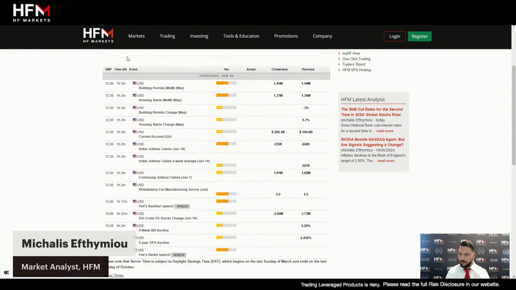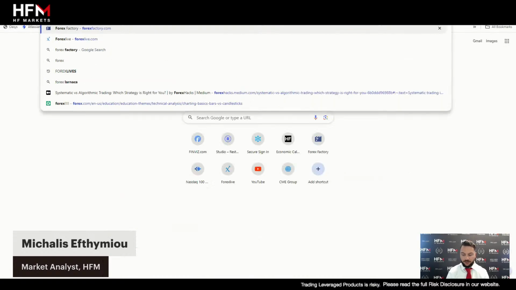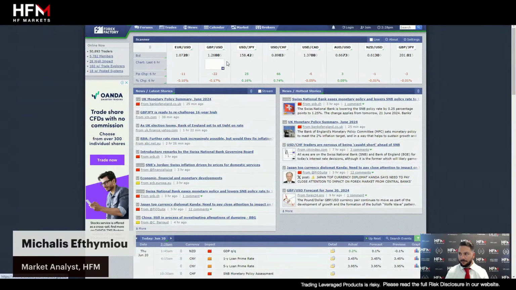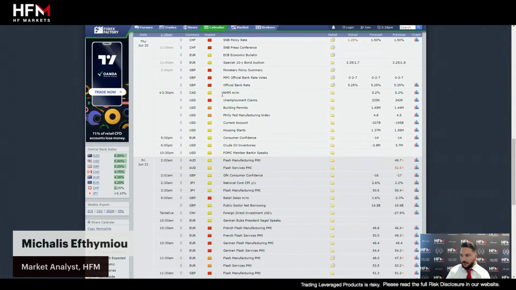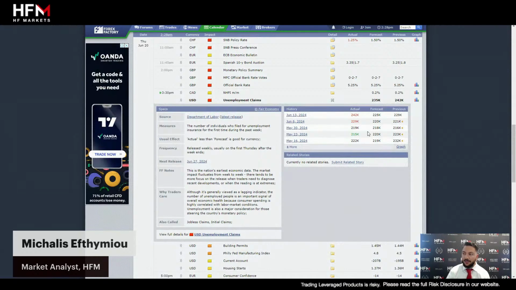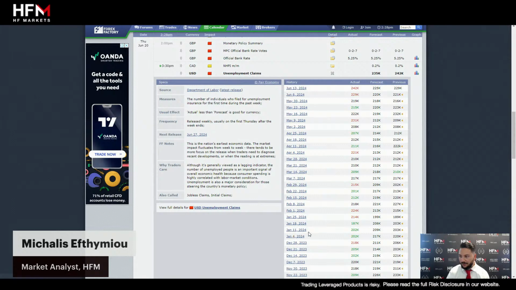Like I said, actually, we can't see it on our calendar, but if I go to Forex Factory and I go to calendar and we go to the unemployment claims, here we go. We can see it's red, so it's saying that it's extremely important. Previous week, it was higher than expected. It's red here, so that's a negative. It was negative here as well. Both weeks were higher than what we previously were seeing, and 242 is not something that we have seen in a very long time. So you can see, if we look at the whole of 2024, we've never had a figure as high as